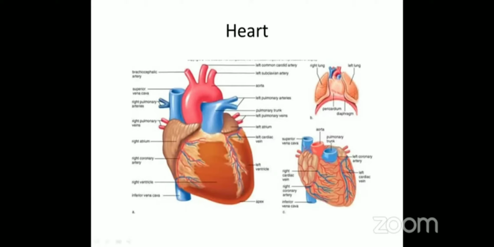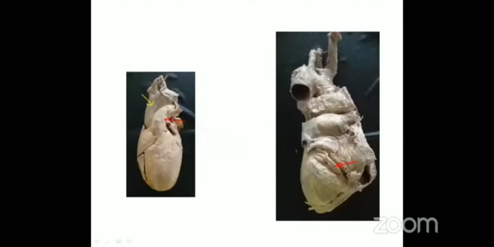On the sternocostal surface, the ventricles are forming it, mainly separated by the interventricular groove, and you can see the branches of the coronary arteries with the vein that we'll discuss later. These are the two auricles which are visible here, right and left auricle. So that is how the specimen will look.